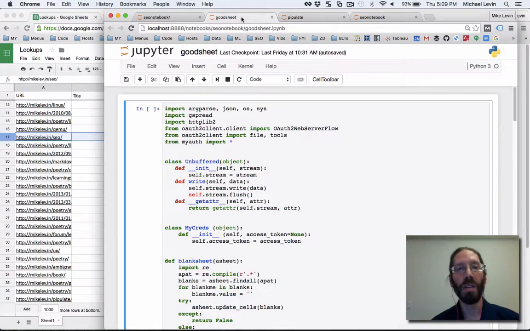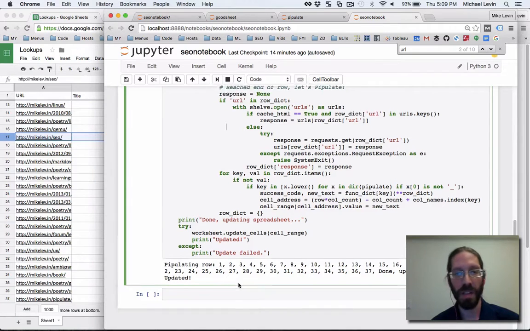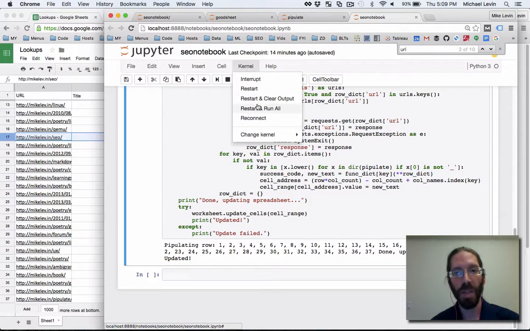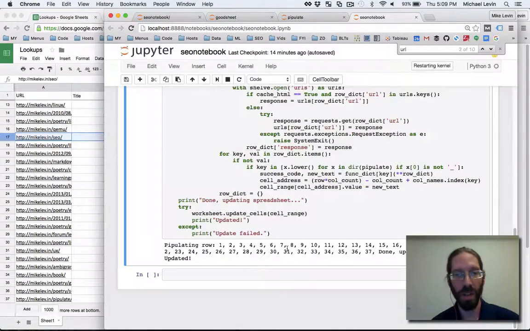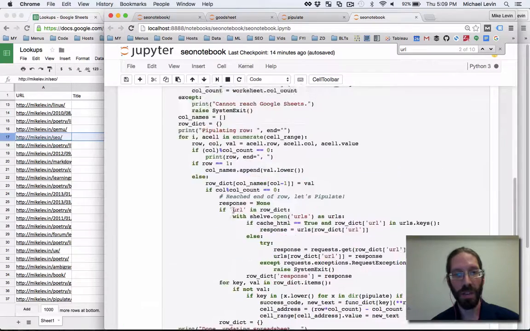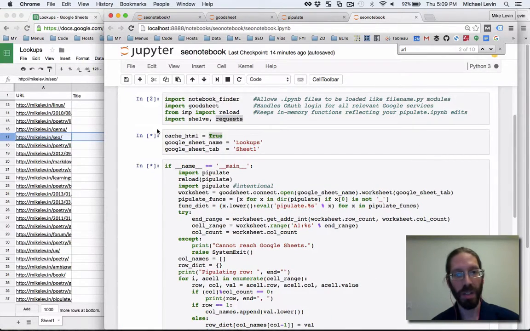So to get on with the demonstration, right? A lot of talk about what I've been doing. You'll see that Pipulate reports at the bottom here as it pipulates, and on the first go around it's actually going to take some time. Restart and run all, restart and run all. Okay, so what's going to happen? Pretty much just like it did before, it's going to do the pipulation process. Once it gets down to that location,